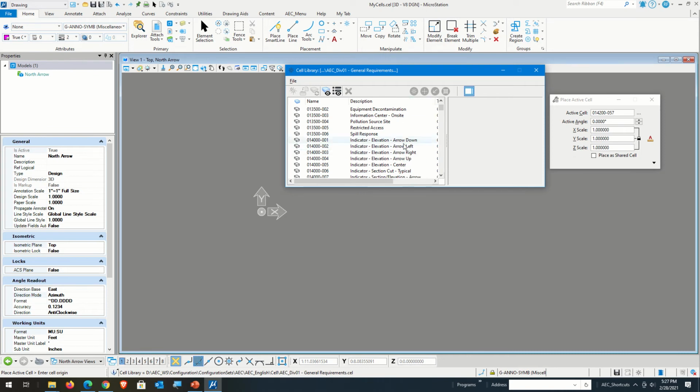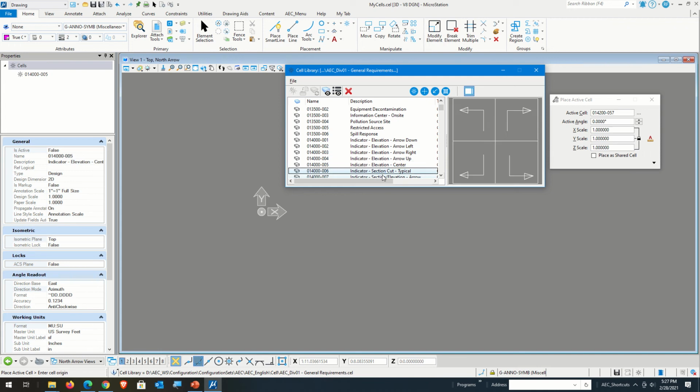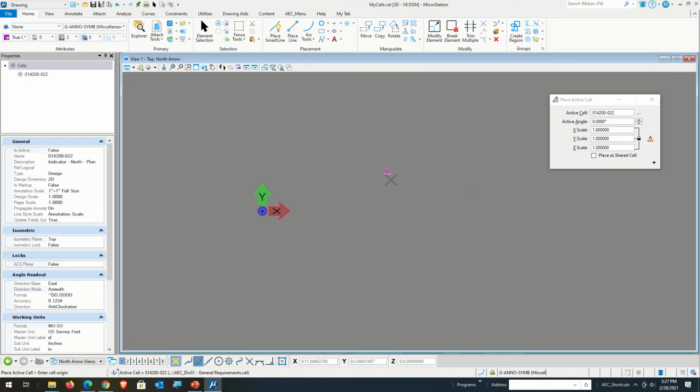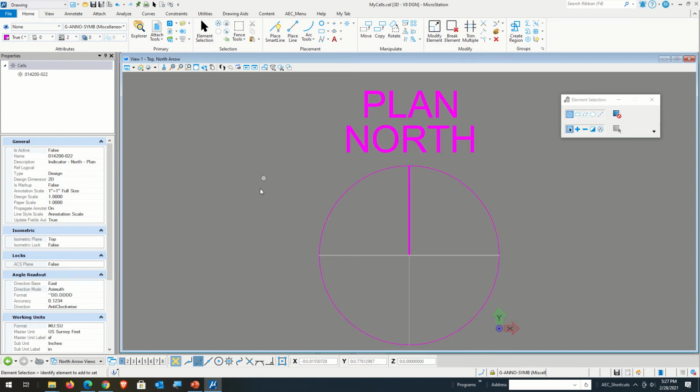Elevations. Let's come in here and take a quick look and see if there's something we can start with. I know it's got to be. Oh, there we go. Plan north. So if I insert this cell and hit F11 and then PP and then 0, 0, 0, that puts me pretty much where that cell should start. And this pretty much has all of the information that we want to put on a plan north,